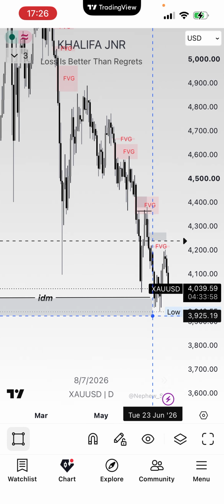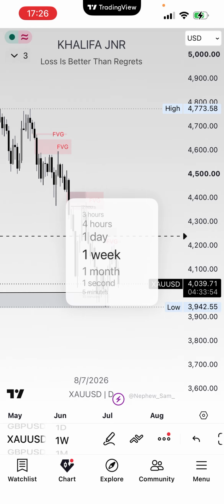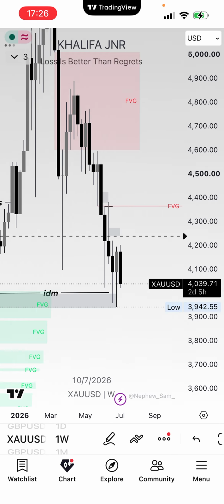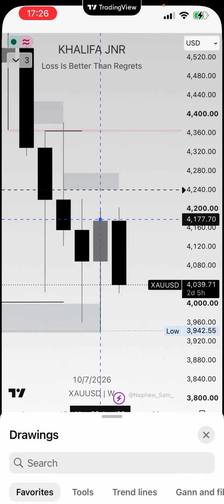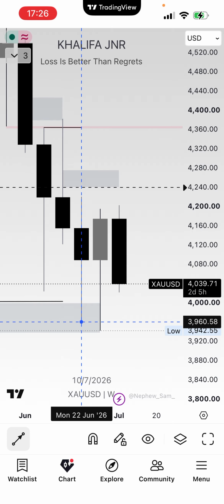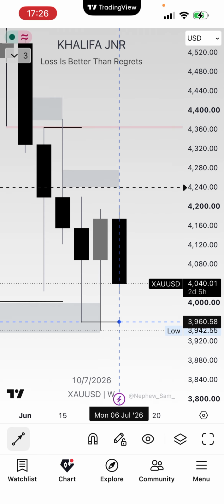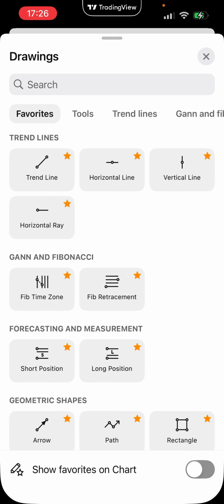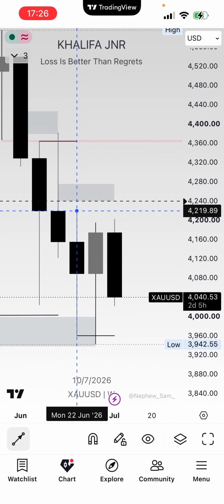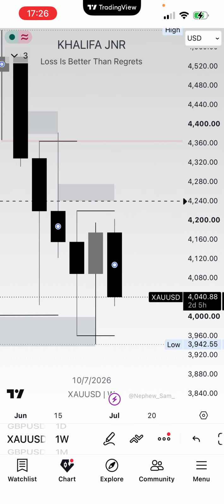If you go on the weekly time frame, you will see the sweep of liquidity here. Price swept last week's low, and in a new week, swept the last 2 weeks' low. So I initially thought that the target will be this high here. You can even see my alarm. That's where I wanted to sell from. But then I saw that this week,